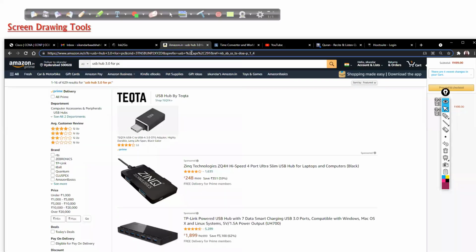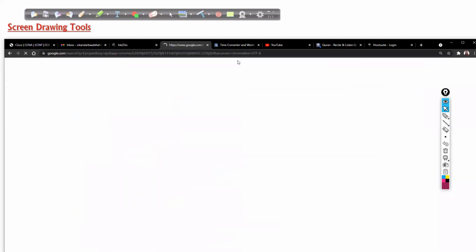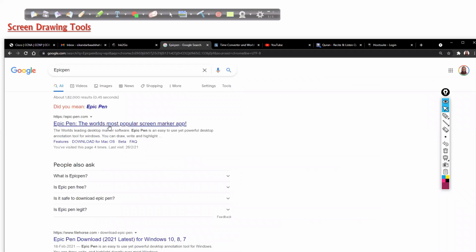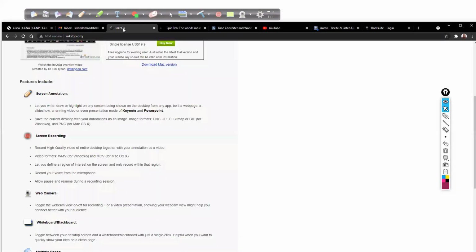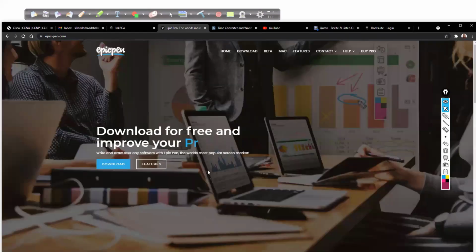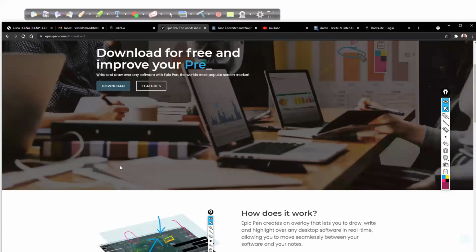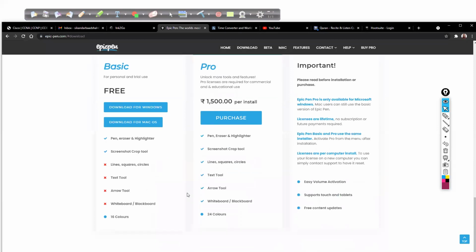Epic Pen is something I'm using right now, but it's very difficult. Once you are used to one tool, it's very difficult to move to the next tool. There are a lot of challenges. That's what I had to overcome moving from Ink2Go to Epic Pen. Since I have changed my digital pen tablet, I have to use this. But it's really good, the best in the market, we can say. You can download this one in different options. It's a one-time purchase, 1,500.